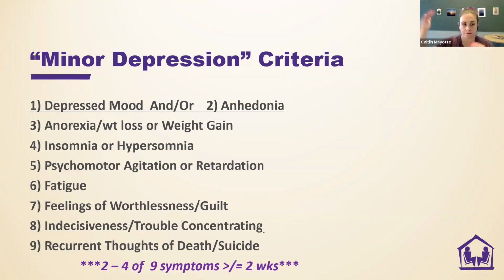Minor depression, same symptoms, but you need to have at least 2 to 4 of those symptoms, at least one of which needs to be depressed mood or anhedonia, a score of a 2 or a 3. And when we get over to the PHQ-9, you'll see the way we have it